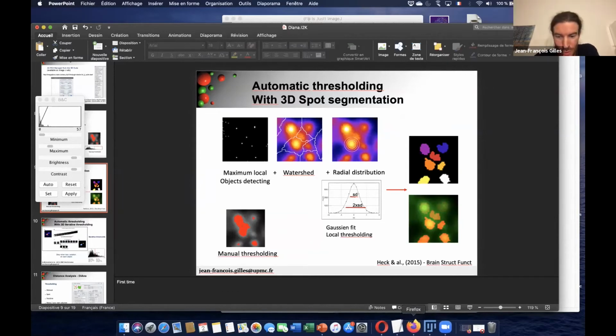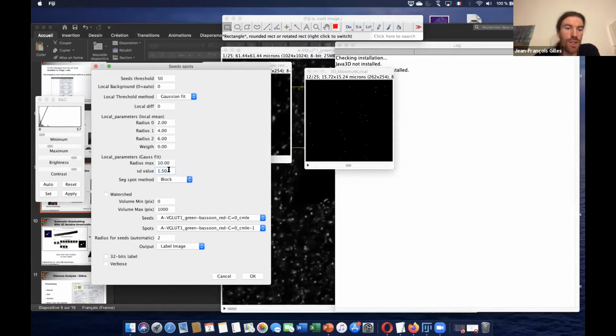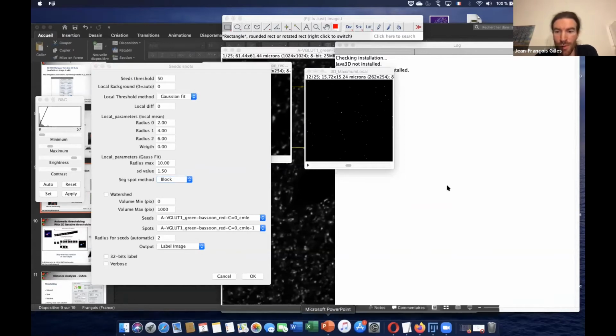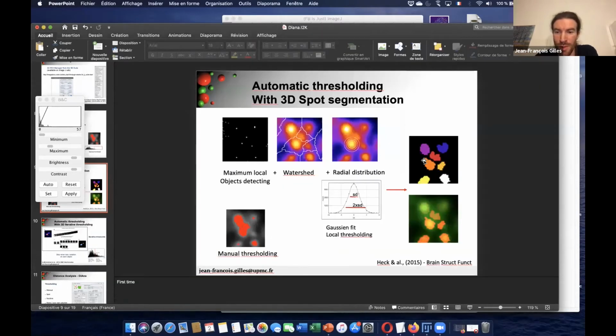Don't go too far, because you will take some background. Basically, you can take 1 or 1.5. It's good. I don't touch this, but it corresponds to when we stop at the surrounding.